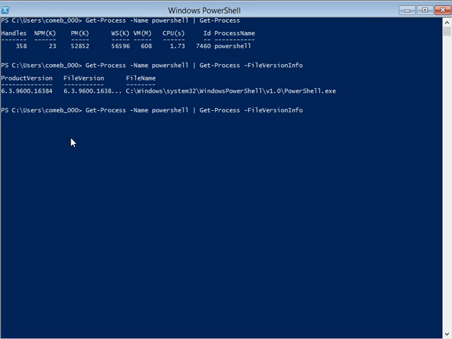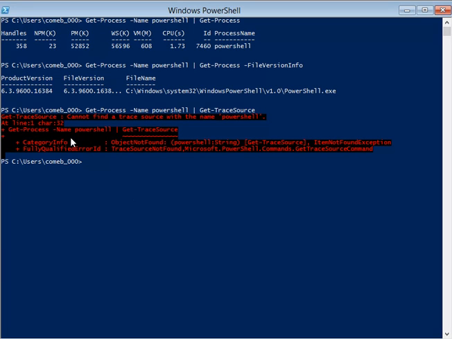So if you just do get process and you send it to something like, what would be the, let me think of a commandlet. Get process, get transaction. So if you do this, it says cannot find a trace source with the name PowerShell. So the reason it happened is because trace source may have an input parameter. So if I do get help on trace source,